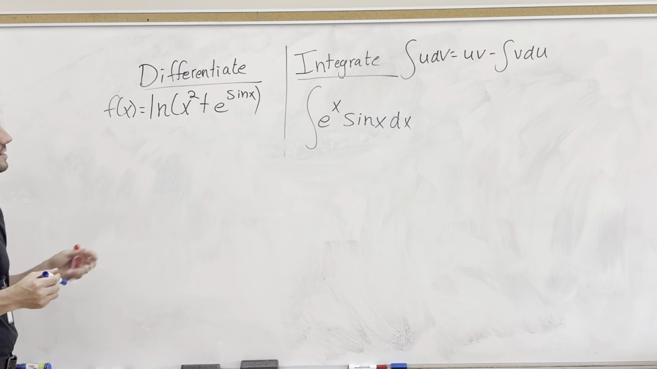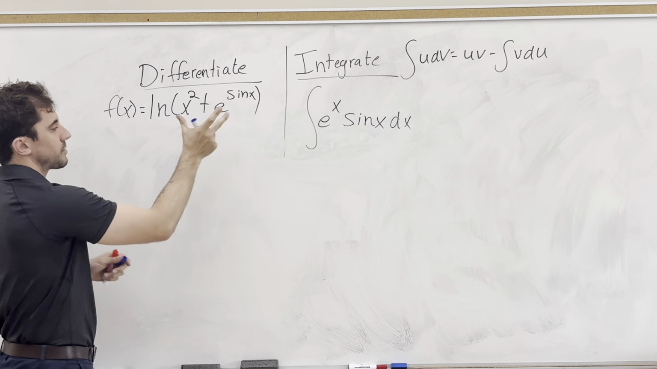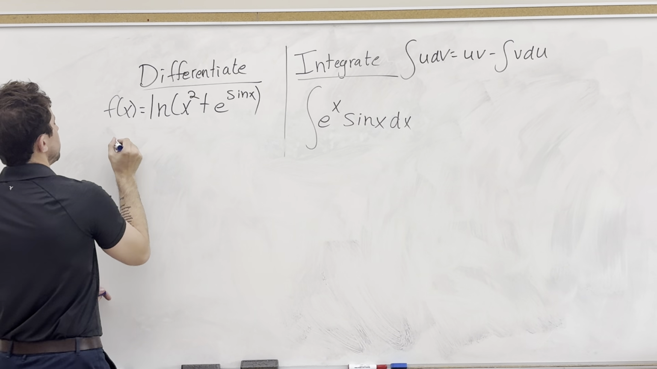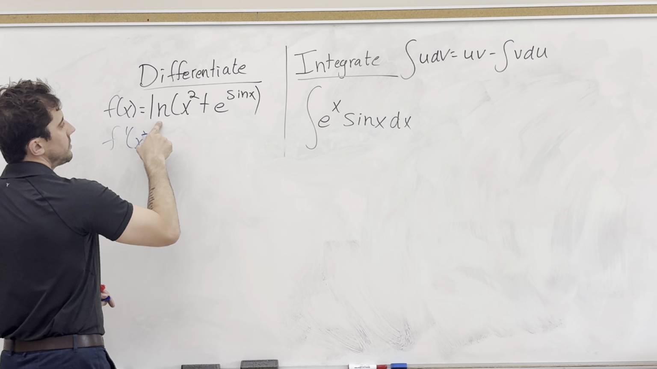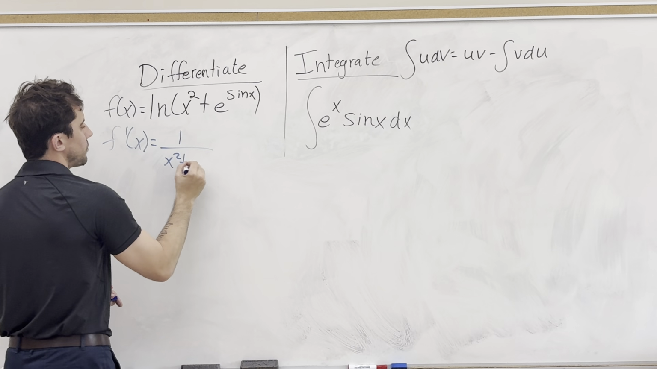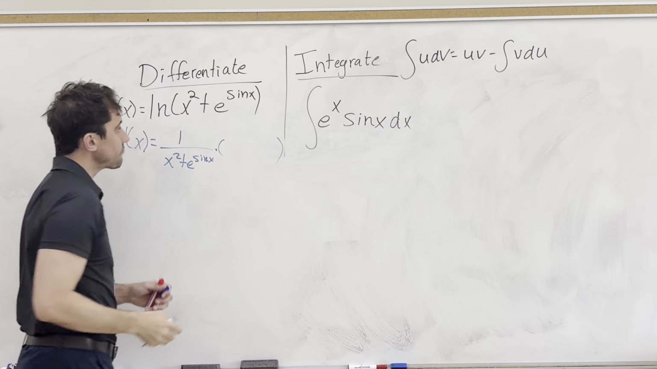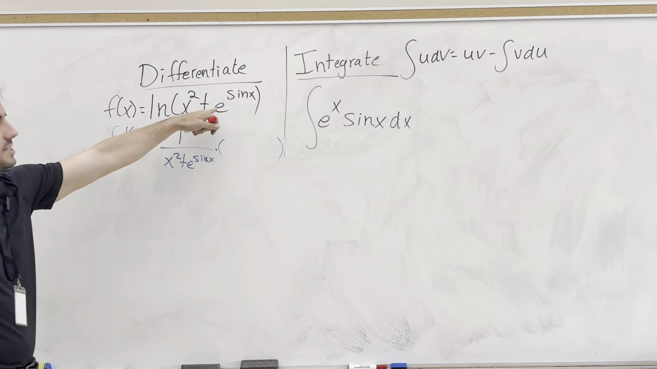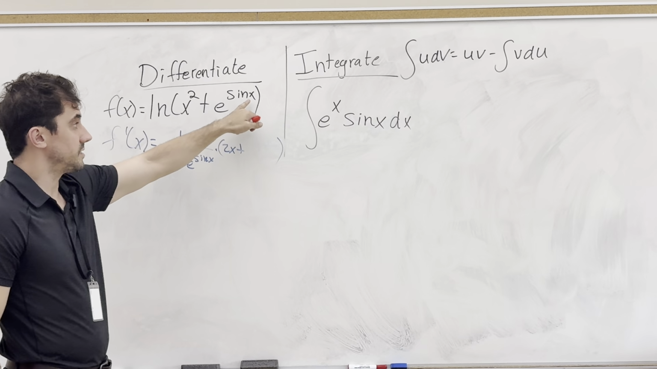So for the first part, we're going to differentiate this f of x function. We have the ln of this entire thing, so we're going to use the chain rule, right? So our derivative function f prime of x is going to be, the derivative of ln is 1 over that whole thing, so 1 over x squared plus e to the sine x times, by the chain rule, the derivative of this expression inside the bracket, so that'll be 2x plus the derivative of e to the power of a